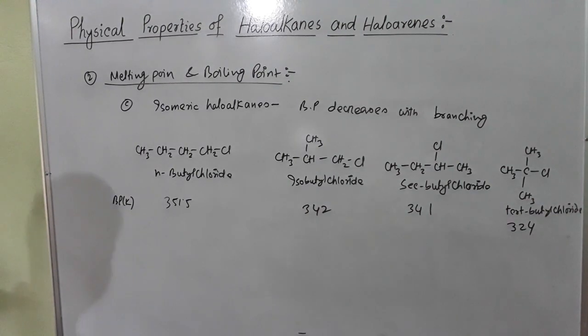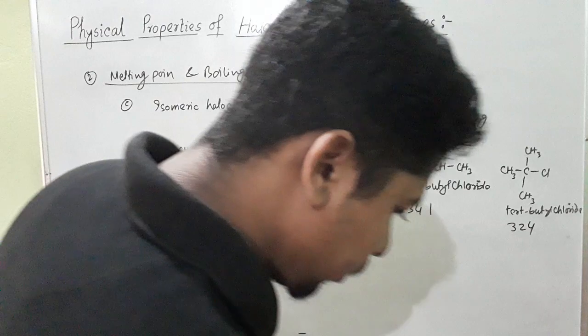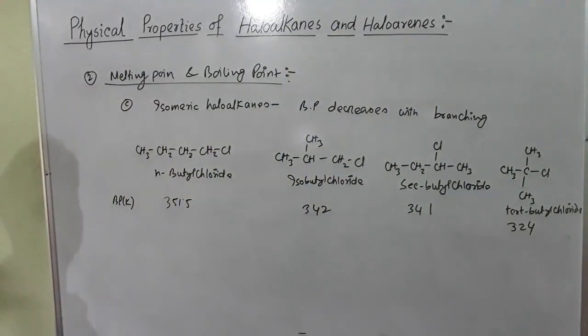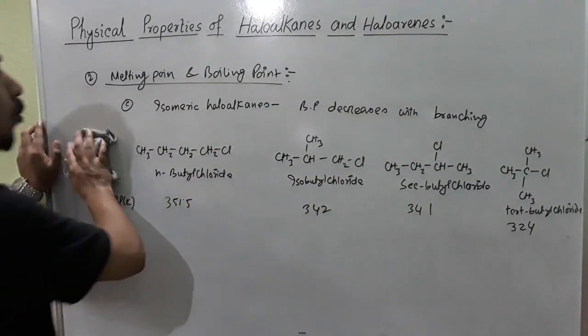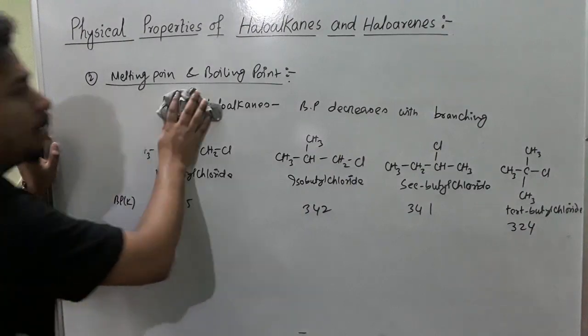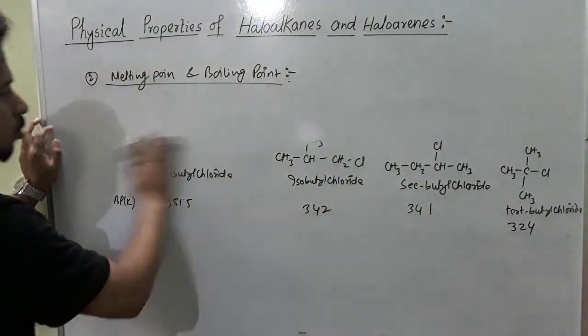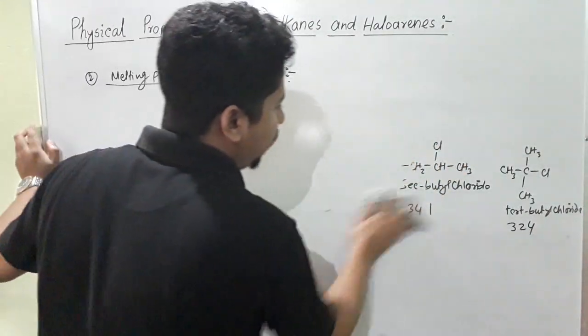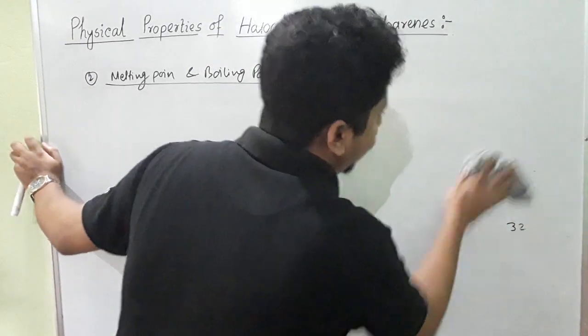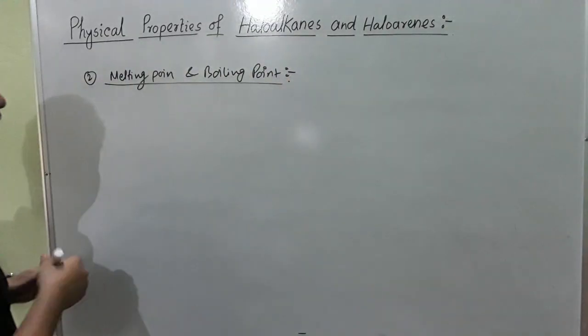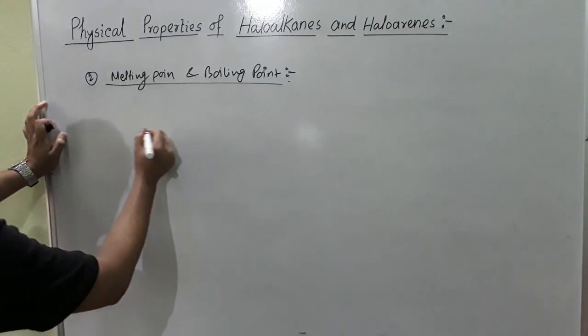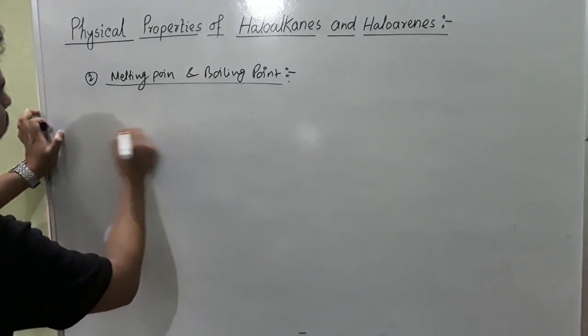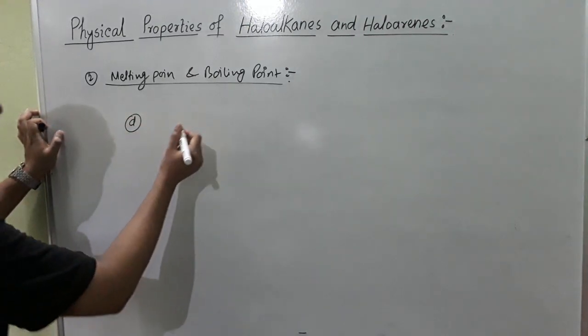Okay, now number D is by fixing the alkyl group, if we increase the number of halogen atoms. Suppose if we consider the example of this one, number D, suppose